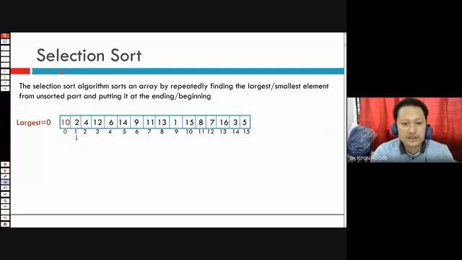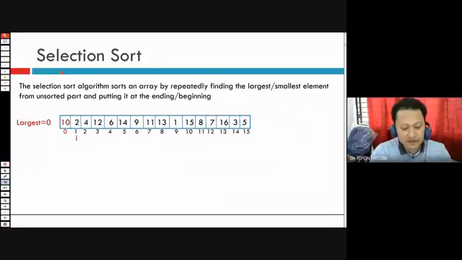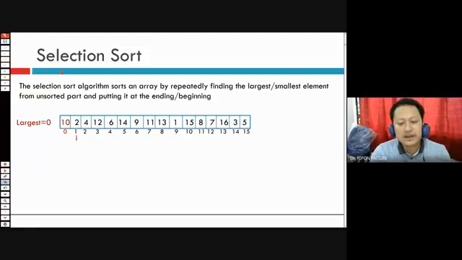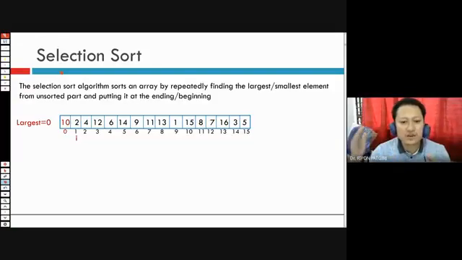Say for example, if you have a set of elephants, say 100 elephants standing in a row. Now you have to sort those elephants in ascending order in terms of height. The tallest one will be put last, and the smallest one will be put first. So how are you going to sort?